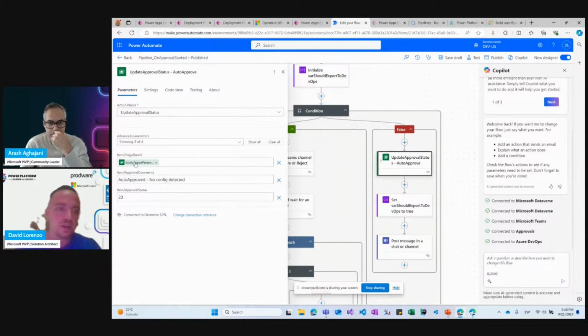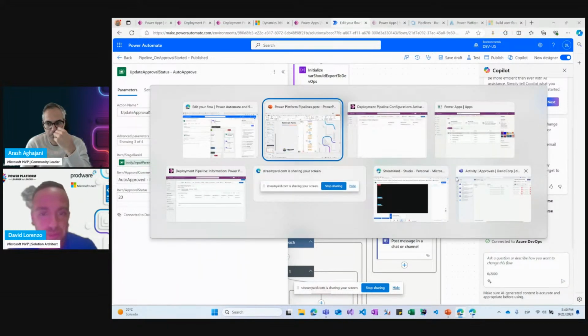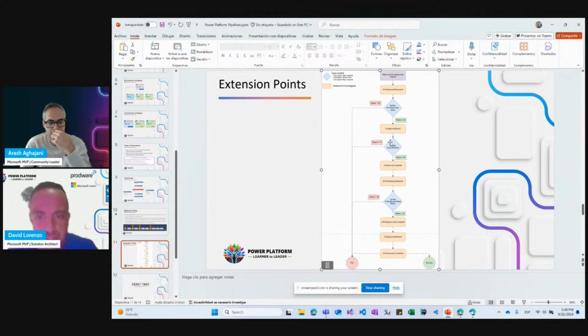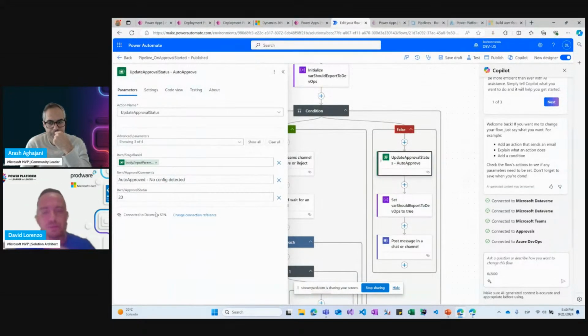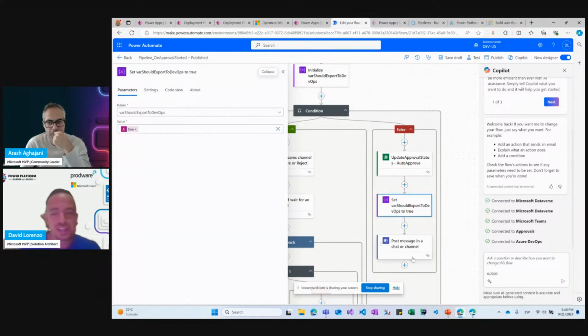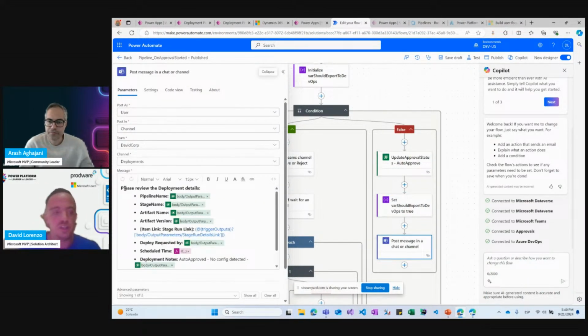So we update the approval status. We remember the schema here, update approval status with a status 20. So the pipeline will run. We set the flag to true in this case, and we send a post to the Teams channel with all the deployment information here.